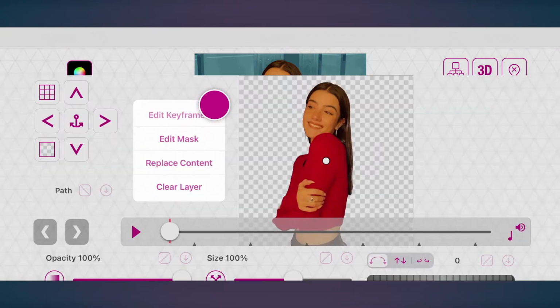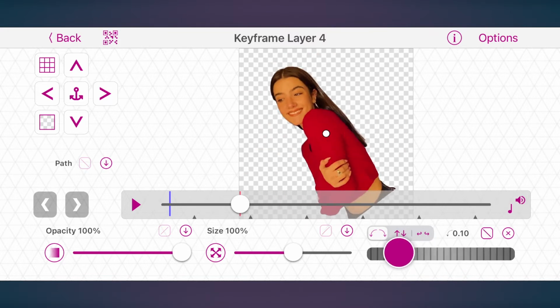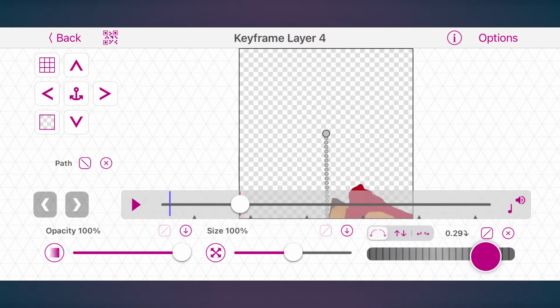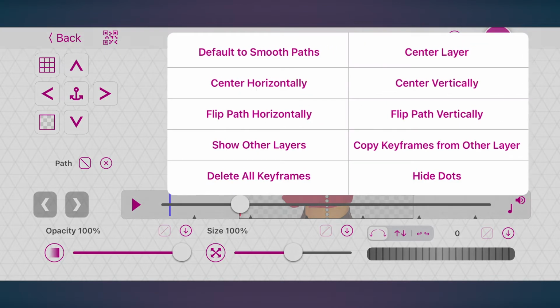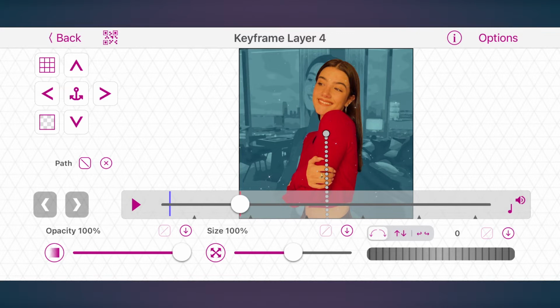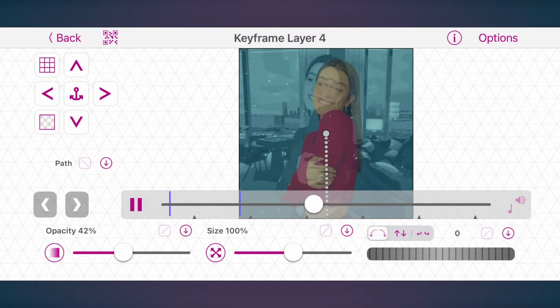Before working on the transition, change the anchor's position as you don't want the picture to rotate from here, but here. The easiest way to place the picture in its original position is showing all the layers and turning this layer's opacity down. Remember to do this on the first frame, otherwise you'll create keyframes, which will make opacity and path change during the clip. We don't want that.